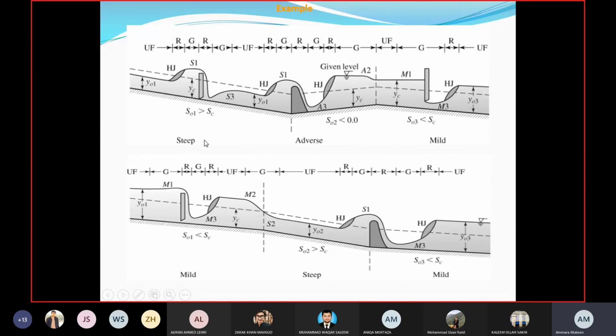So just remember that every control section is associated with gradually varied flow upstream and downstream of that control section. And how to sketch the water surface profile of that gradually varied flow, you just have to think that. Okay, so in this case